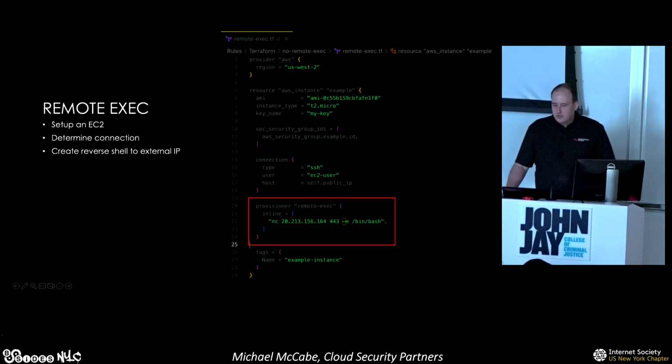So really in this example, creating an EC2 instance, logging on, and then running netcat to get back out. So if you're thinking of a malicious use case, someone has access to Terraform, they can't get onto the actual endpoint, but they could provision an EC2, run netcat through remote exec, and then get remote access back into that production server.